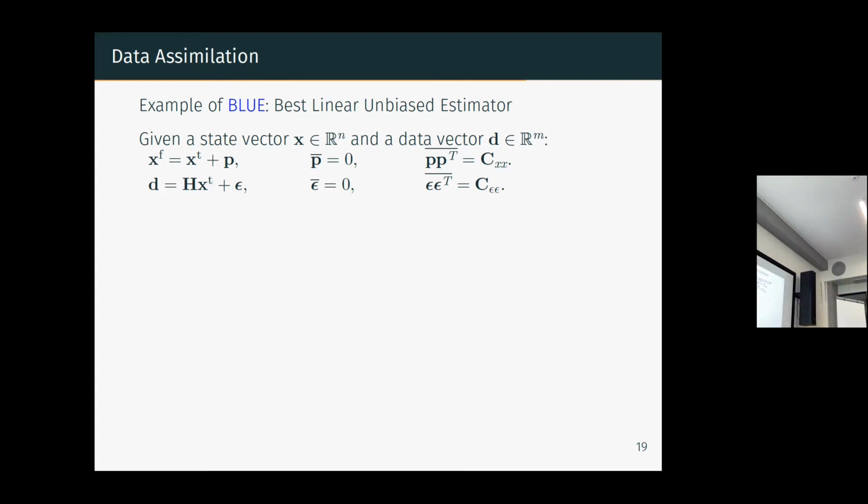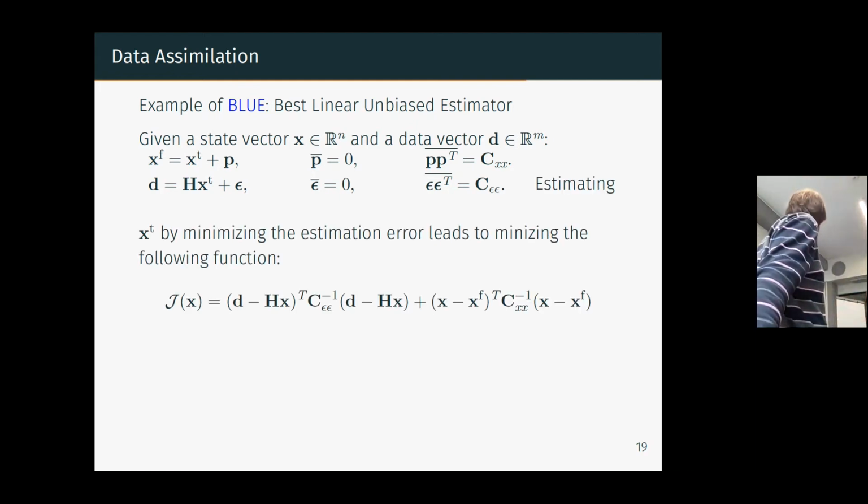One is an imperfect knowledge of your field, which is actually called the prior. So if you're in geoscience, for example, that can be the wind. You know the wind a bit, but with some noise, and you have some observation of the wind. And you want to combine those two sources of information to have the best estimation possible. So if everything is linear, like here, you have the best linear unbiased estimator, and you're estimating the